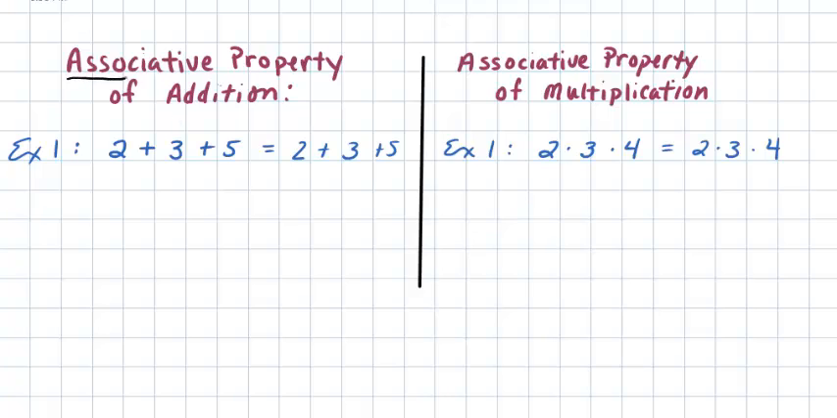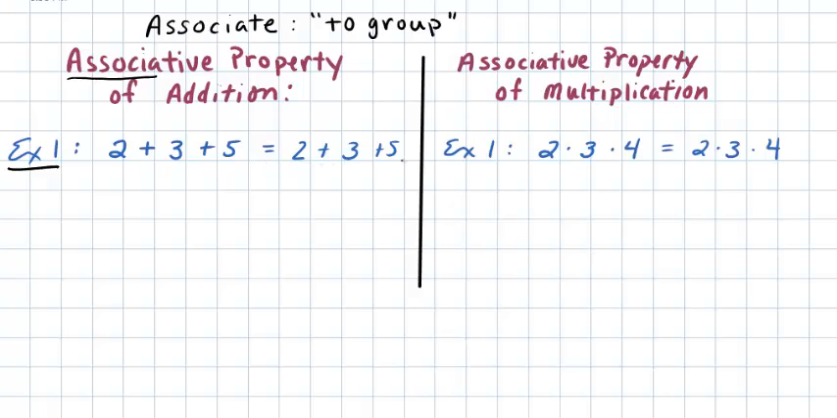Associative comes from the root word to associate. Let's write that down. And one meaning of associate means to group. That makes sense because what we're talking about here is grouping numbers together, or actually changing the way that they're grouped. So if we look at the addition example first, I've got 2 plus 3 plus 5 equals